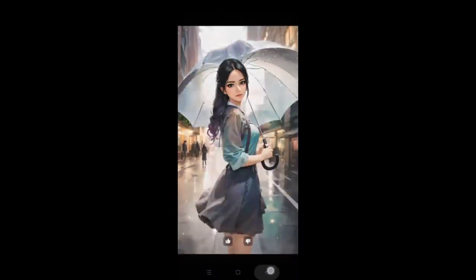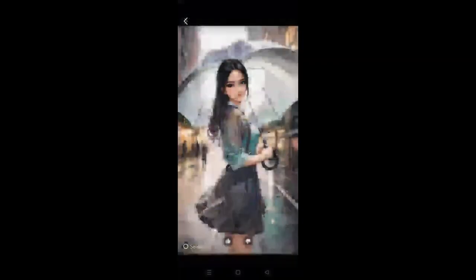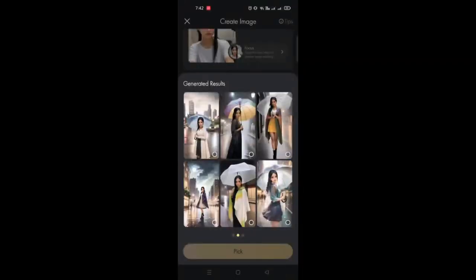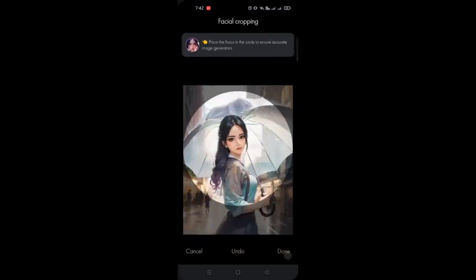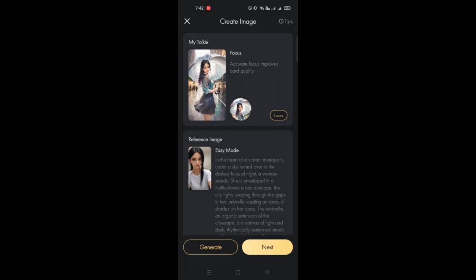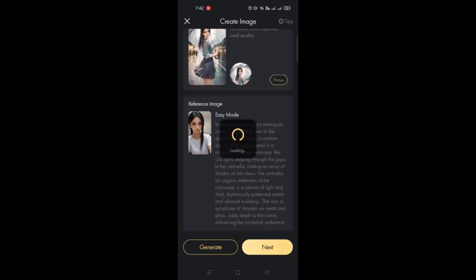For example, I'll be using this character, the one holding the umbrella. This is the closest image that is related to the prompt that I wrote earlier. So you just adjust the image, and then once you're done, simply click on next, and you will be routed into another page